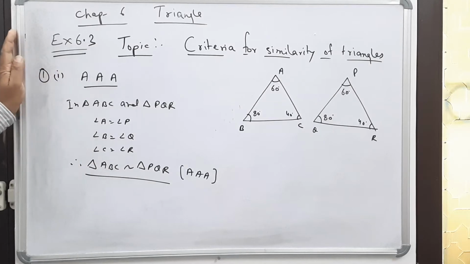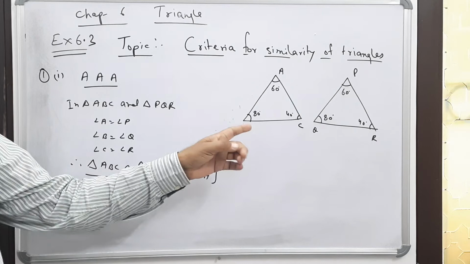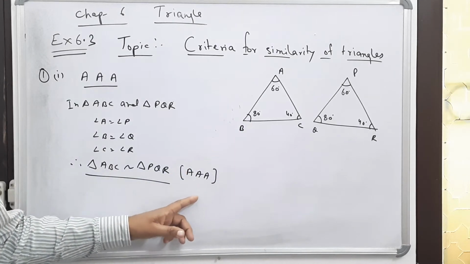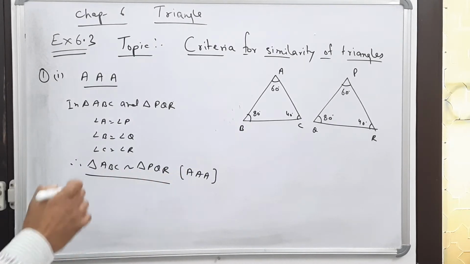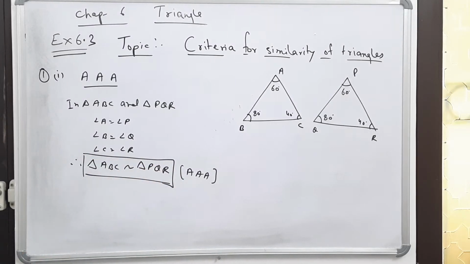In the question it is given which pair of the triangles are similar, and if they are similar, write the criteria of the similarity as well as write them symbolically. So in this way we can write these two using different symbols. I hope this is clear. I am taking the next problem now. See the next sum.